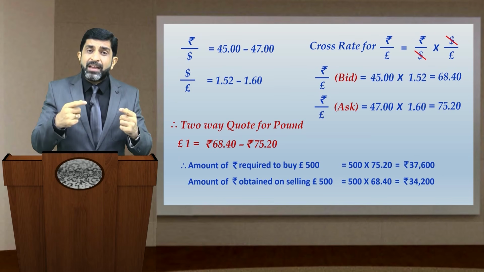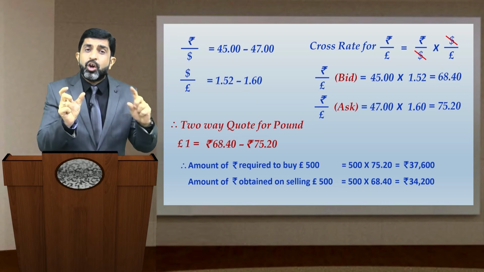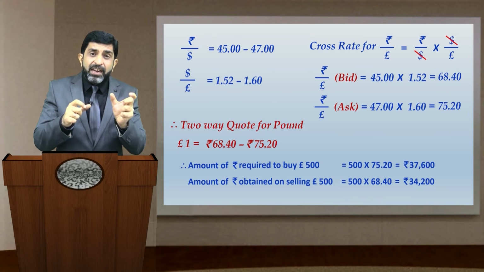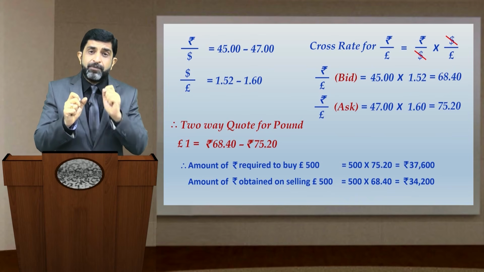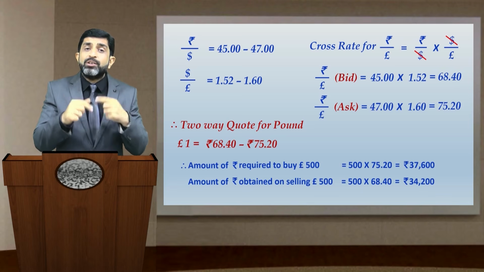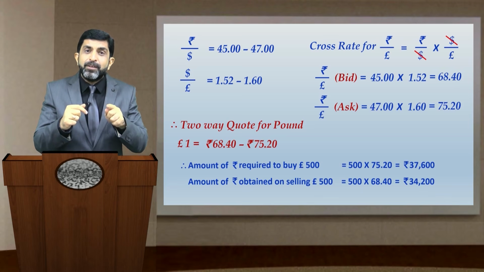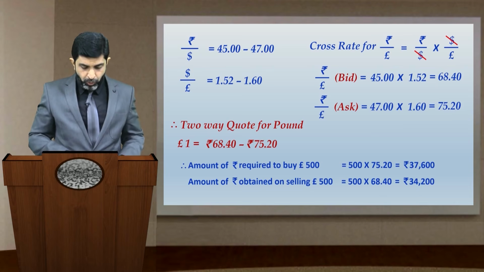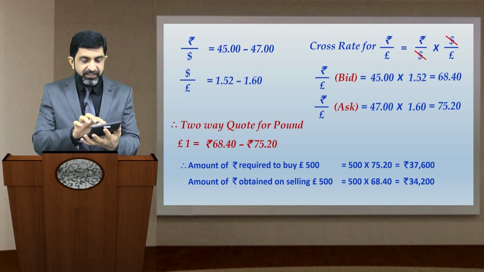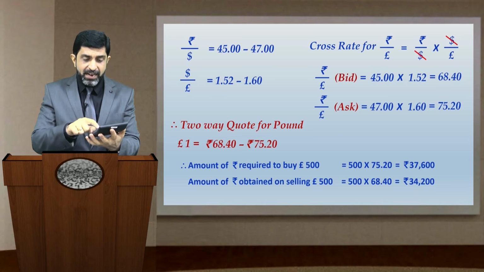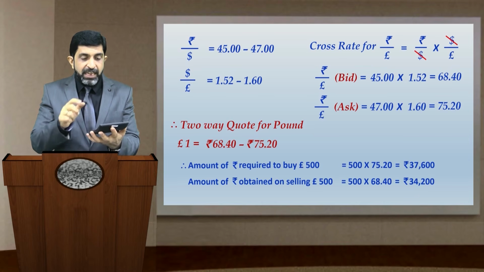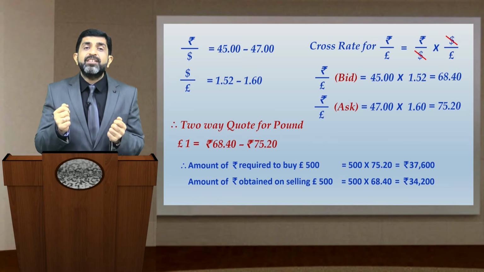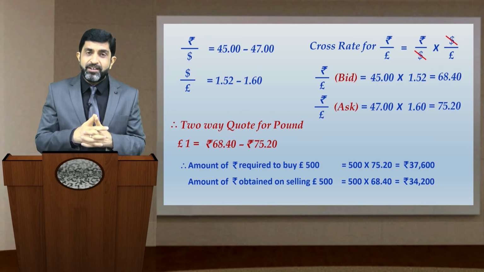I go to the other banker which has provided the quote of US dollar in terms of Indian rupee. There, the bid rate of US dollar is 45. I will consider that. Why should I consider 45? I should consider 45 because my need is to sell dollars, right? So I again pick the calculator. $760 is what I have in hand, multiplied by 45. Eventually, what I get as Indian rupee in my hand is rupees 34,200.